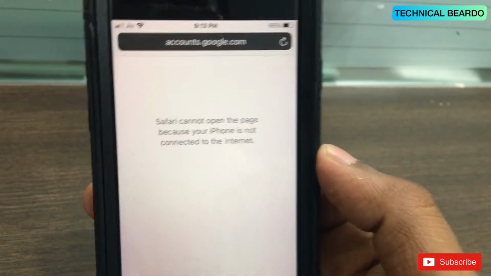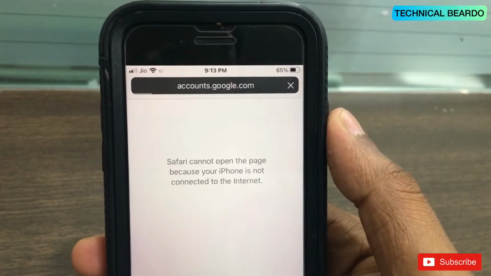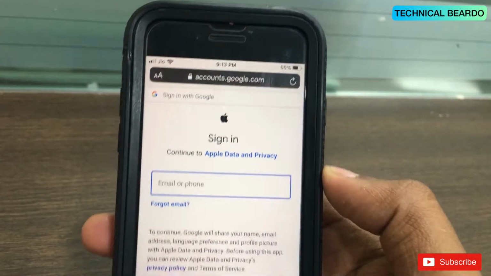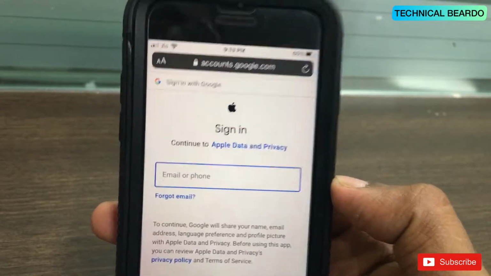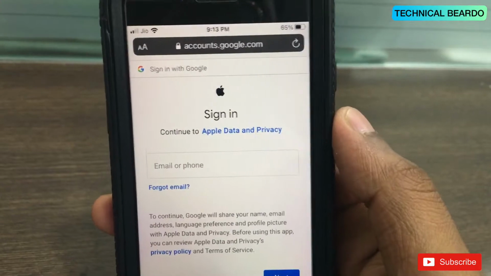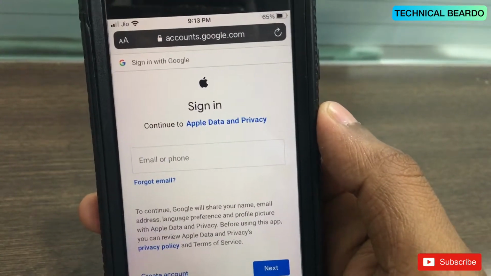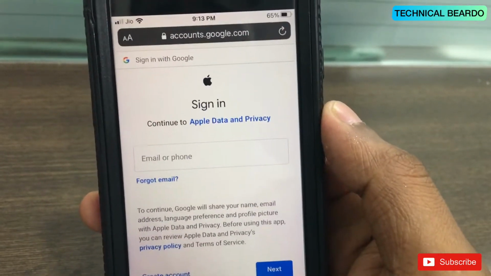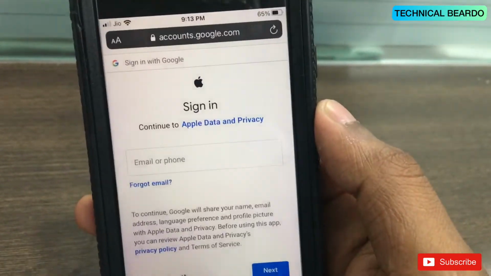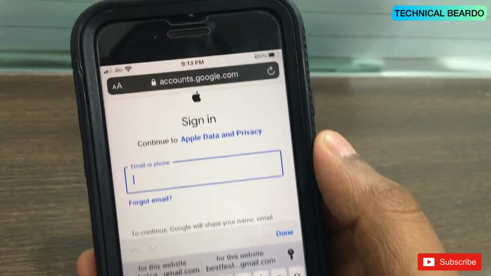After that, it will ask you to enter or add a Google account. So just go and click on refresh. Here you need to add the Google account where you want to transfer your iCloud photos. Guys, before entering the Google account, make sure that it is your active Google account, and that it is safe for you to transfer photos to that account. After you confirm that, just enter the Google account credentials.